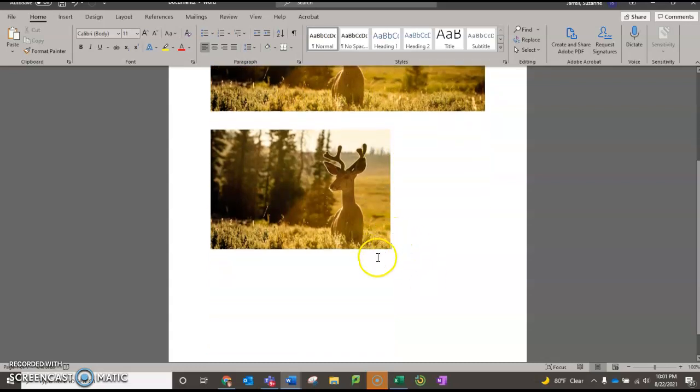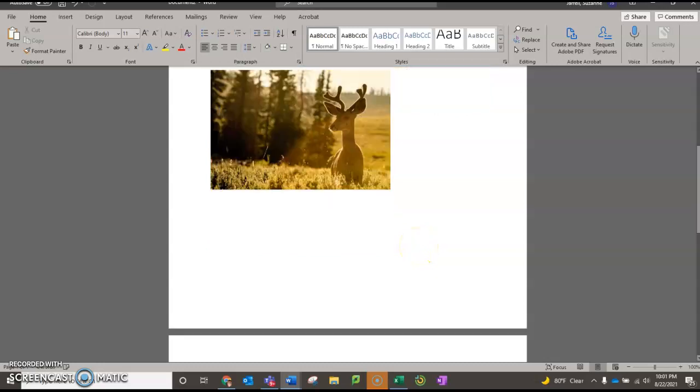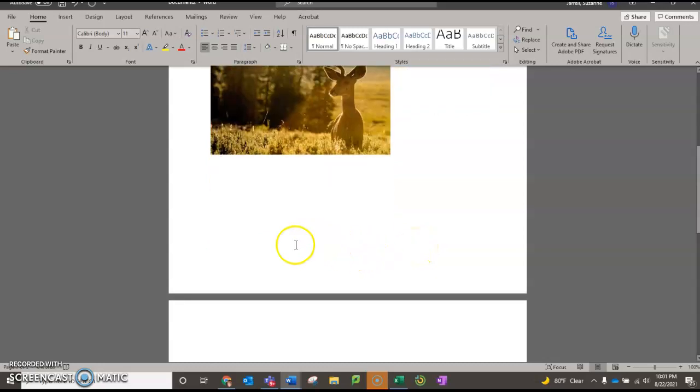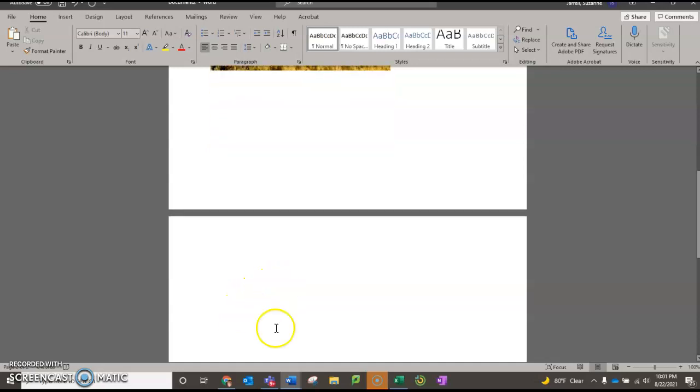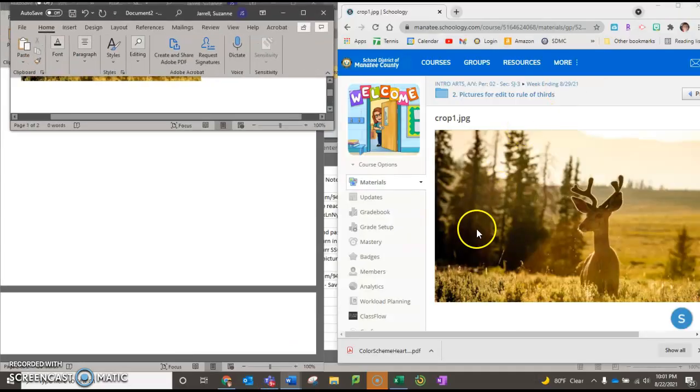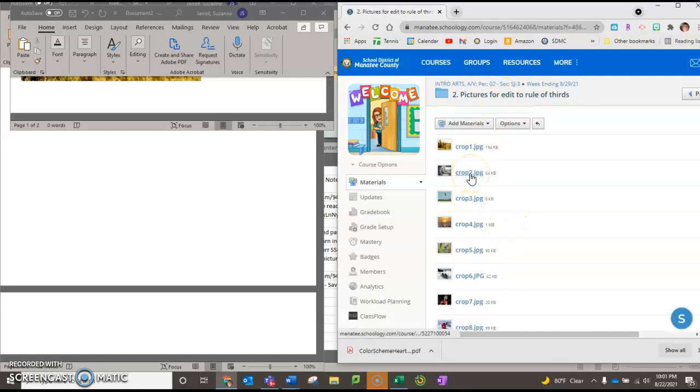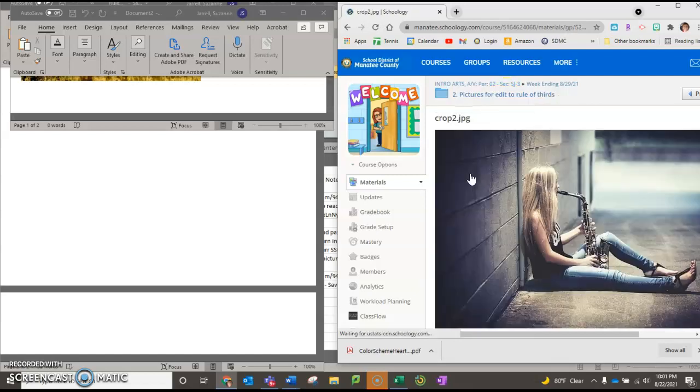See my insertion point? It is flashing. If I hit enter a few times, I'll go to another page that shows another page, and then I will go back to my rule of thirds, and then you'll go to the second one and you'll do the second one the same way. And you'll do 2 through 7. When you are done,